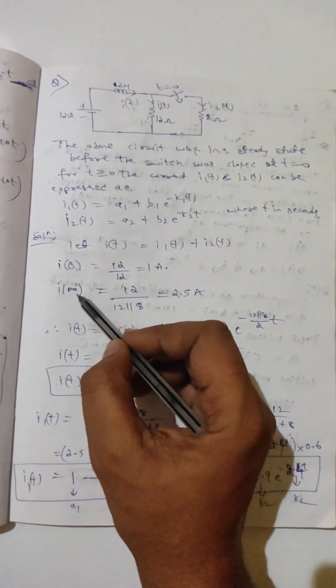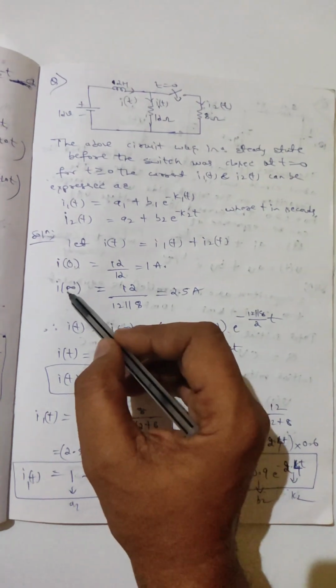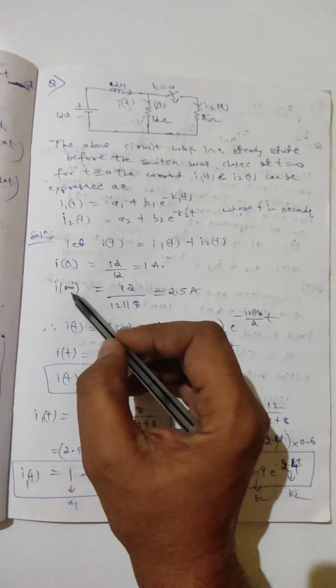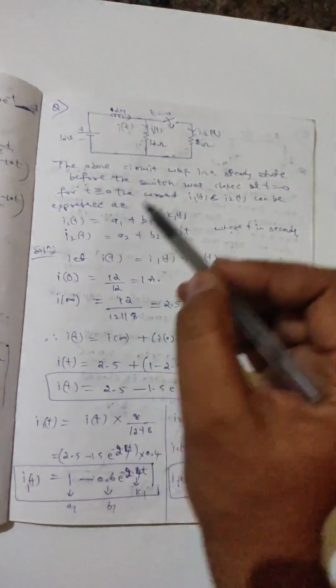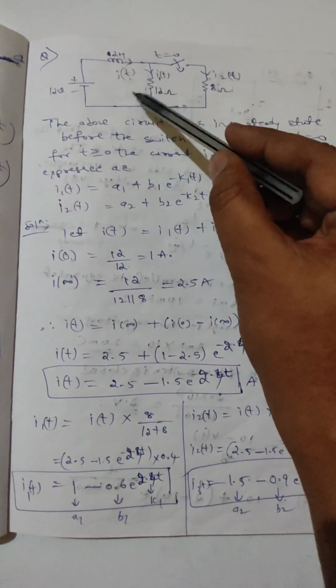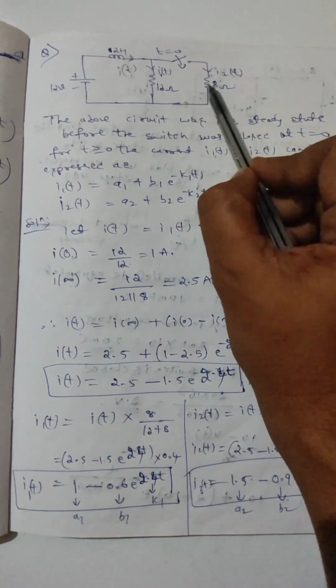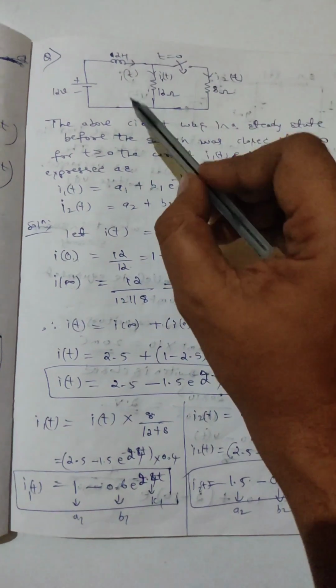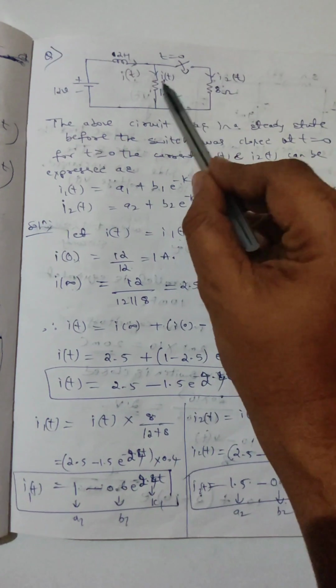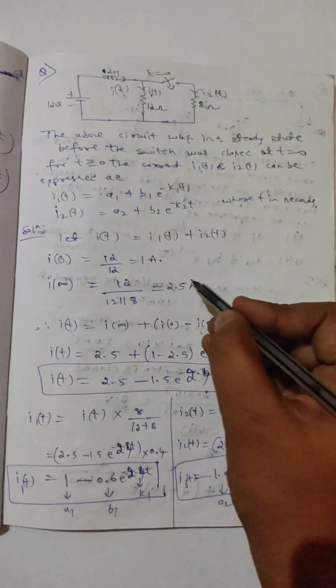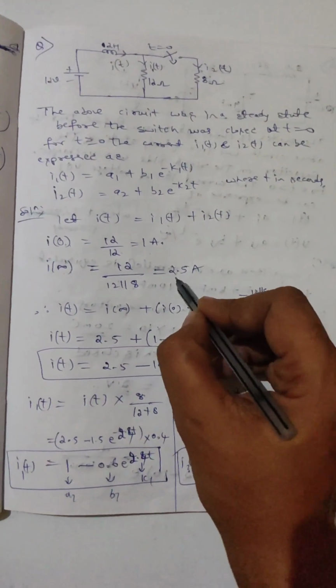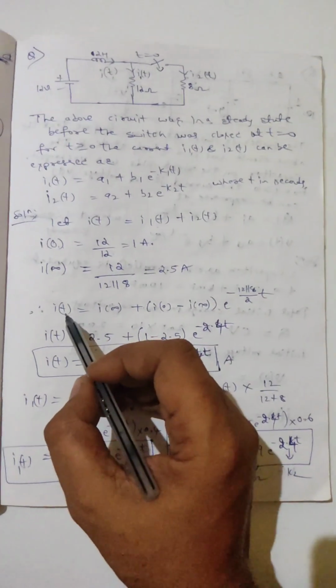Now I of infinity. So the final value in steady state, what is the supply current now? See, now 12 and 8 both are in parallel. So the voltage divided by this parallel combination of the resistance gives the value of current, that is 2.5 ampere. So now the actual I of t current is